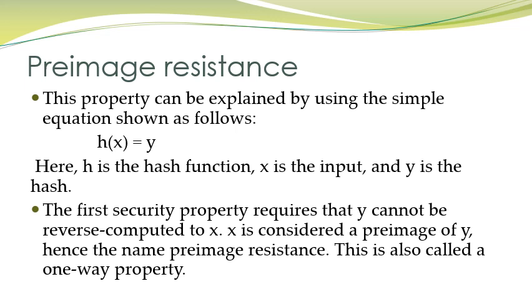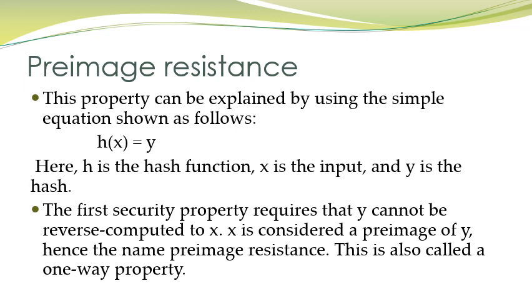So this third property says that y cannot be reverse computed to x. That means we cannot calculate the x from y. We can convert the input value into the hash value. This is the one-way function. We cannot use it in a reverse manner. That means this hash function should not allow us to calculate the input value from the hash value. This is one of the properties of